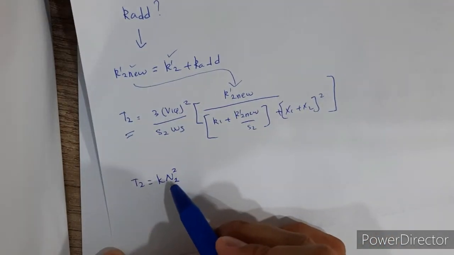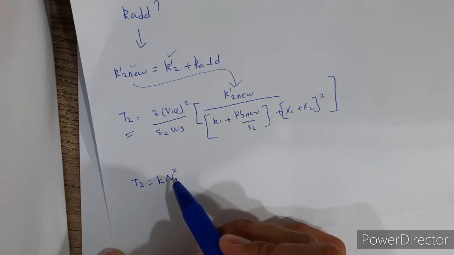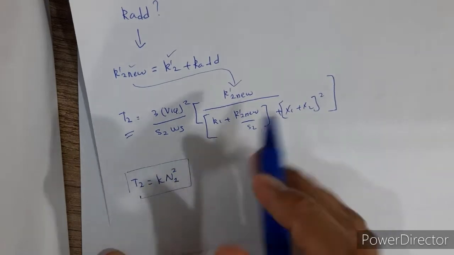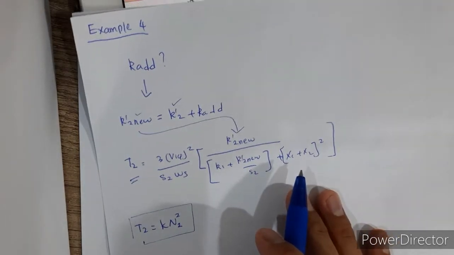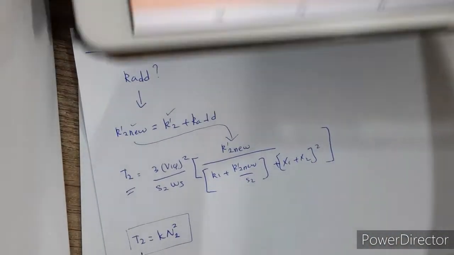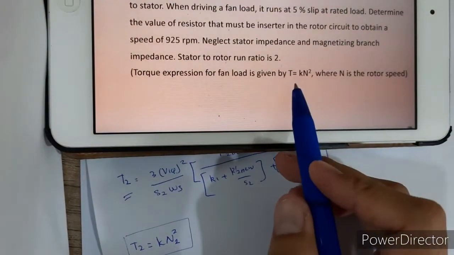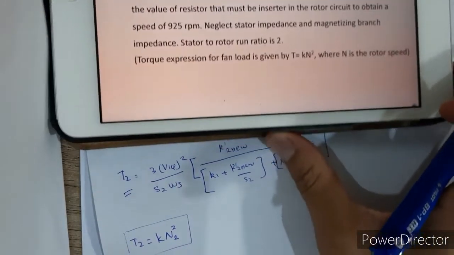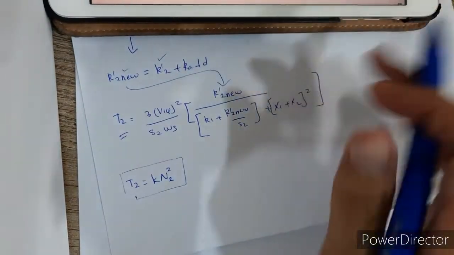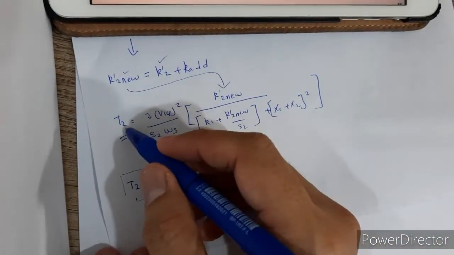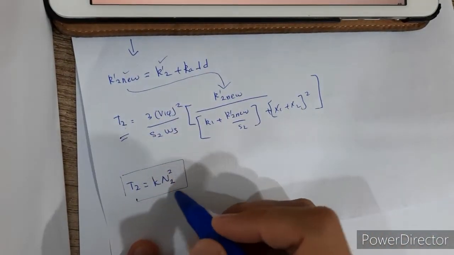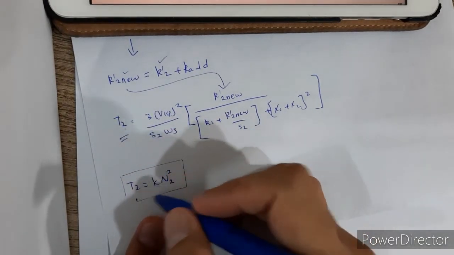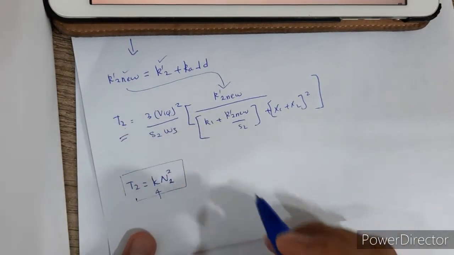So this is the rotor speed, 925 rpm. This equation is given in the equation sheet, T equals to K N squared, the equation for torque. So to determine T2, we have to use this equation. So to use this equation, we have to determine K. K is the